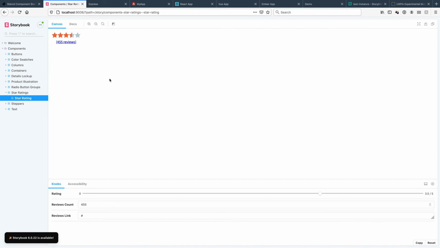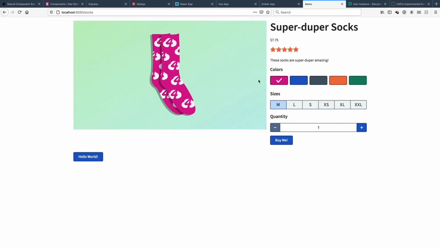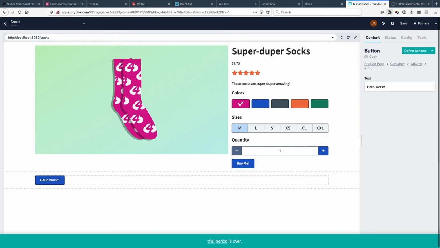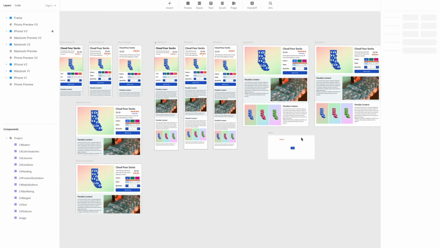We've documented them in Storybook so that somebody could then mess with the knobs and see the documentation and see how to use it. We have a very simple version of them available to us in Express using standard vanilla web components. We have an Angular application. We've got a React version of the application. We've got a Vue version of the application, an Ember version of it. We now have a web page that's available to us in a CMS so that we can then make those edits inside of Storybook. We have UXPin consuming the components with the little bugs, but really promising, and I think it'll get there. And then in Framer X, we have full designs happening, and we're able to create things using those components.